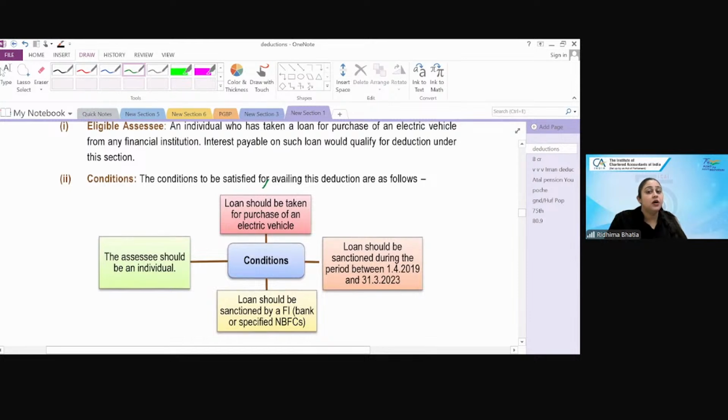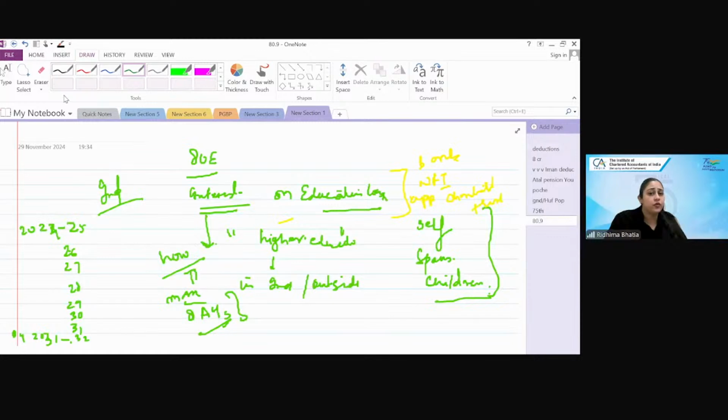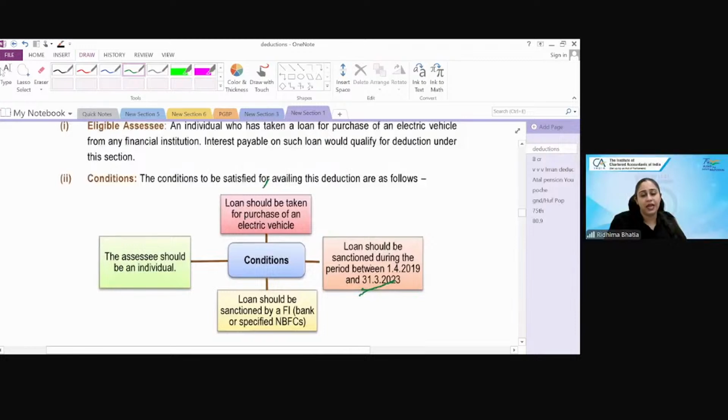So I have seen a lot of sales increasing in the first quarter of calendar year 23. Why? Because its sunset period was coming. So what are the conditions? Let's discuss. Now this is deduction in respect of interest on electric vehicle. Here the maximum deduction allowed would be,